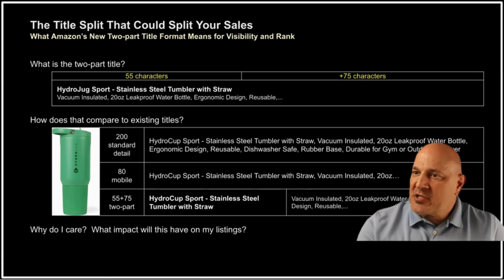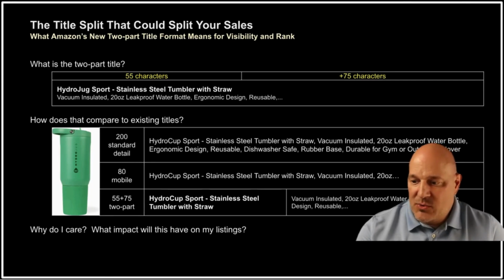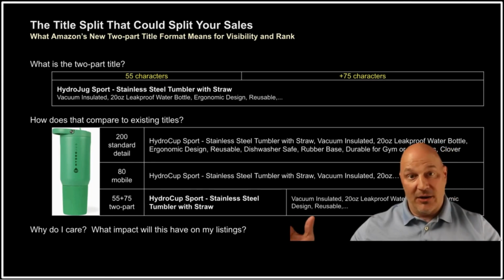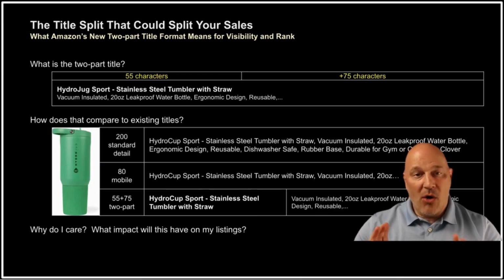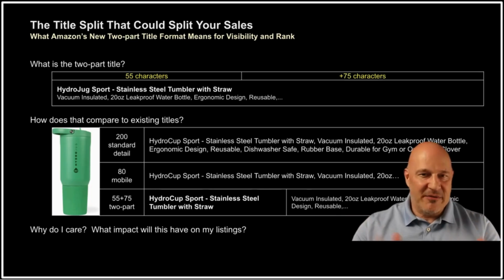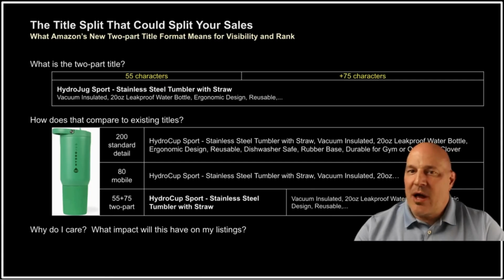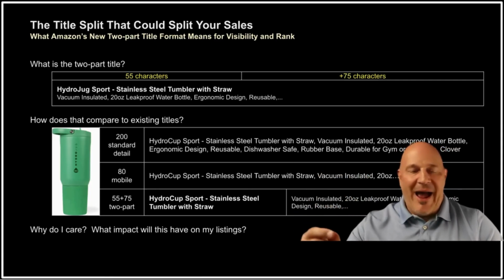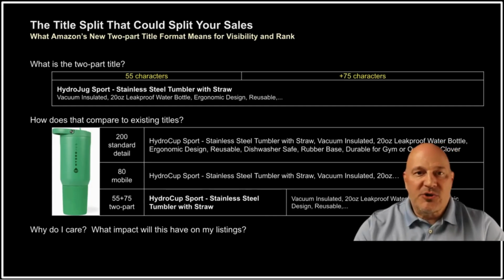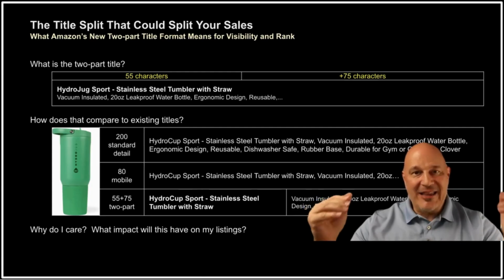So the split title, or the two-part title, is essentially where Amazon is going to take your 200 character title and identify the most important words that fit into the first 55 characters, roughly. And they're not going to do the dot, dot, dot and split halfway into a word. They're generally going to use a full word, make it nice and clean, and they're going to break